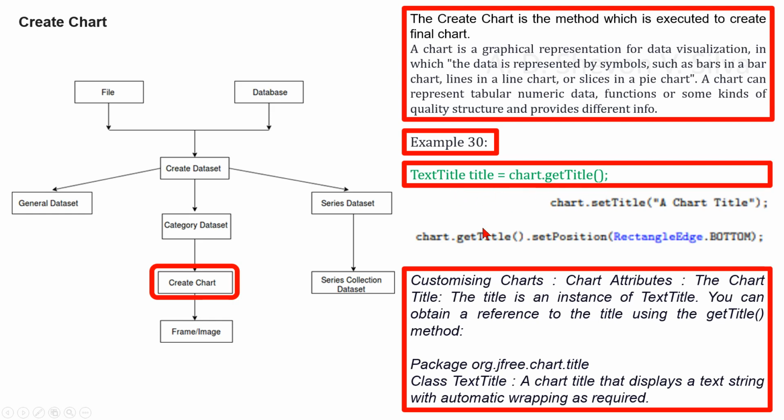To modify the title without changing the font or position, you can use setTitle here. The placement of the title at the top, bottom, left or right of the chart is controlled by the property of the title itself. To move the title to the bottom of the chart here,